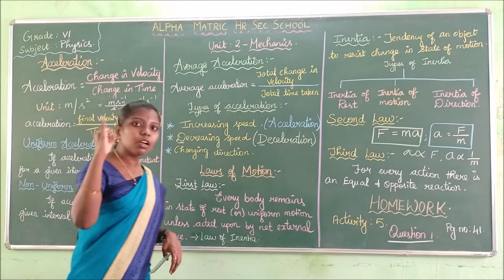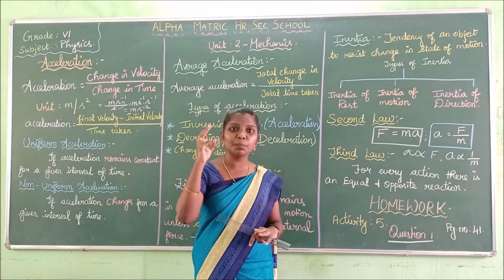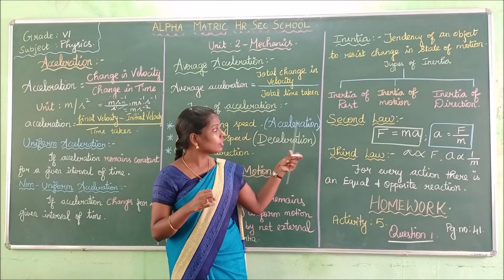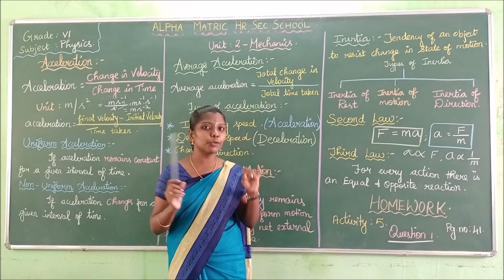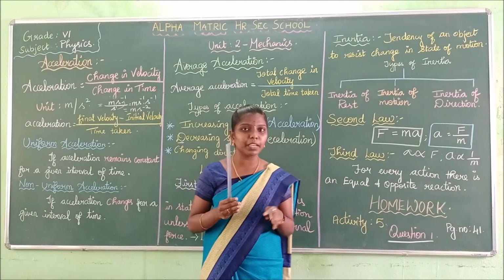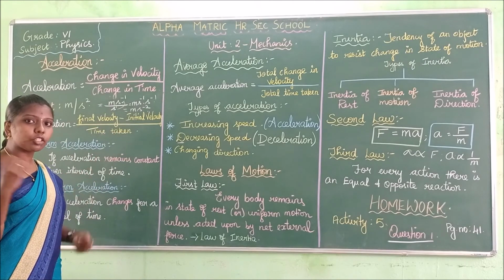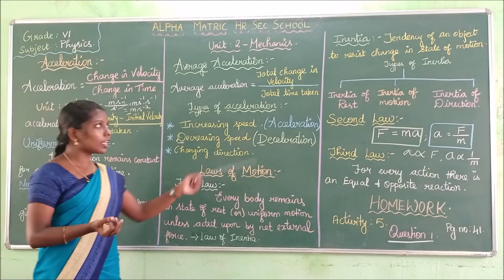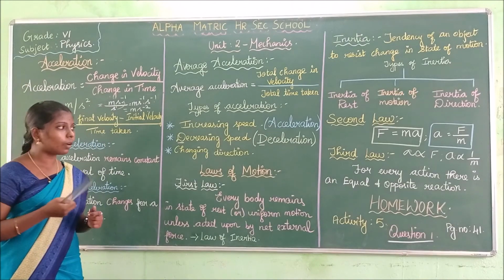We have seen what is speed. We have seen the definition for speed and the formula to calculate speed, distance and time. We have seen velocity and there are two types of speed, namely instantaneous speed and average speed. We have solved two problems based on speed and distance. Then we have seen the difference between speed and velocity. We have seen what is acceleration and what is average acceleration, uniform acceleration and non-uniform acceleration. Then we have seen three laws of motion, namely Newton's first law, second law and third law.